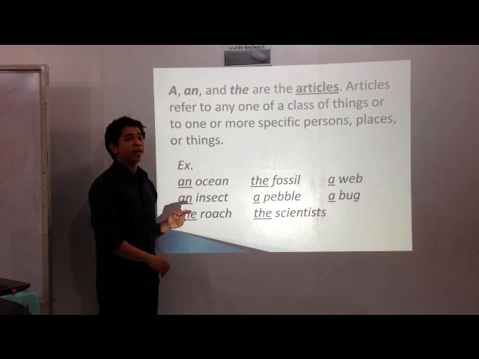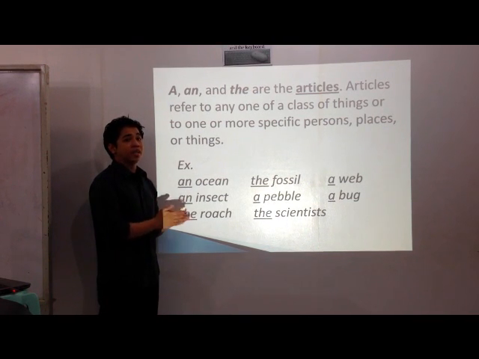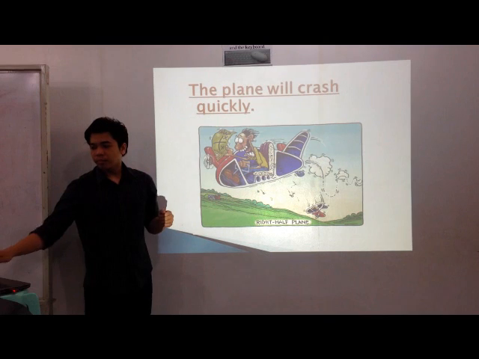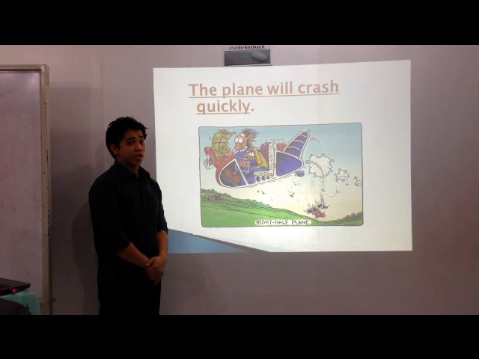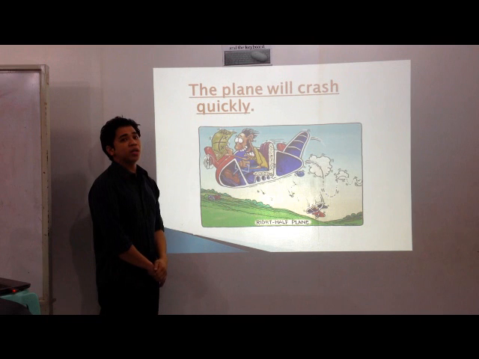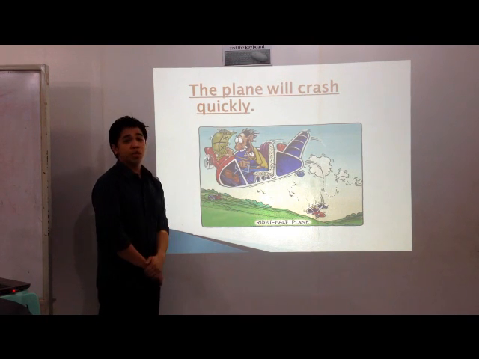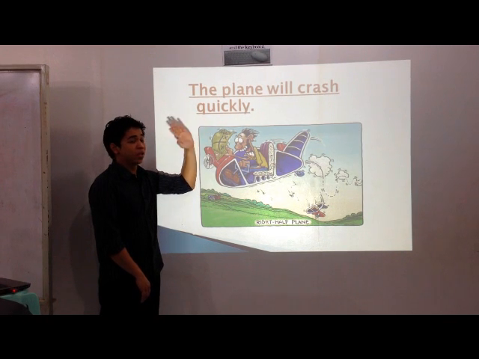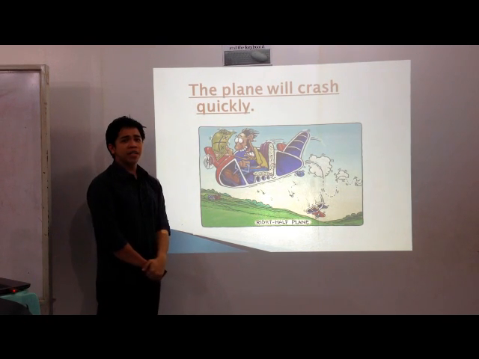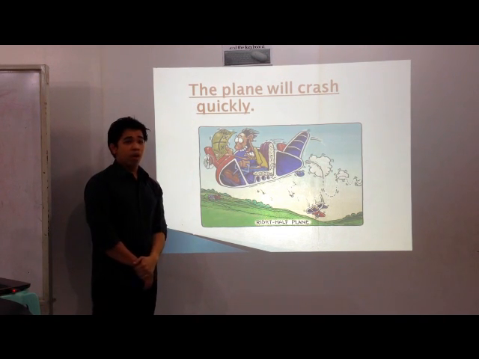Let us try to find the articles used as adjectives in this sentence. The plane will crash quickly. Is the word quickly an adjective? No, I don't think so. Because quickly here is actually describing the verb, which is crash. This one is called an adverb. It's not an adjective. Now where's the adjective here? The adjective here is the article the, because it comes before the noun, which